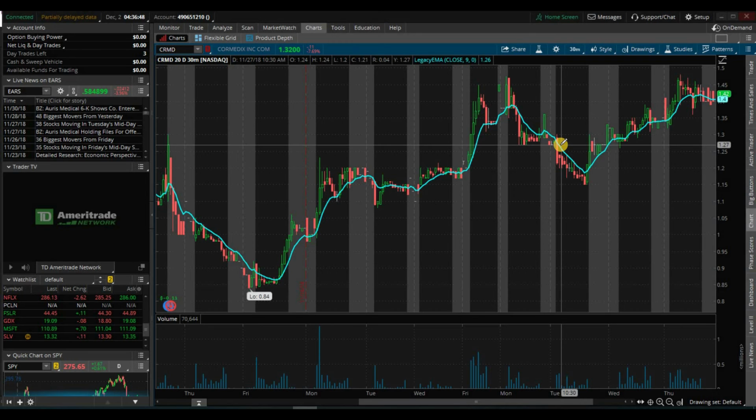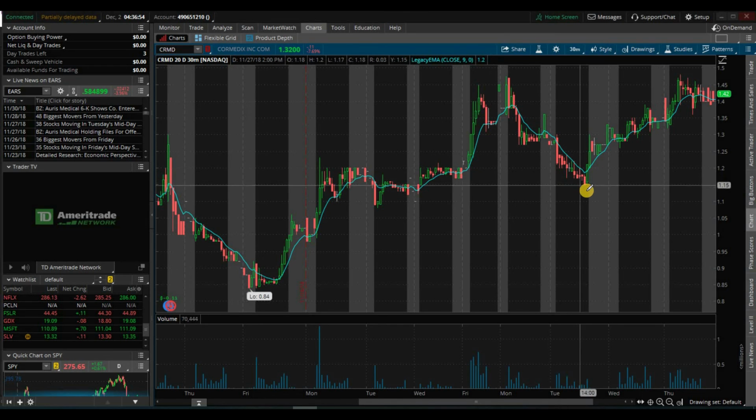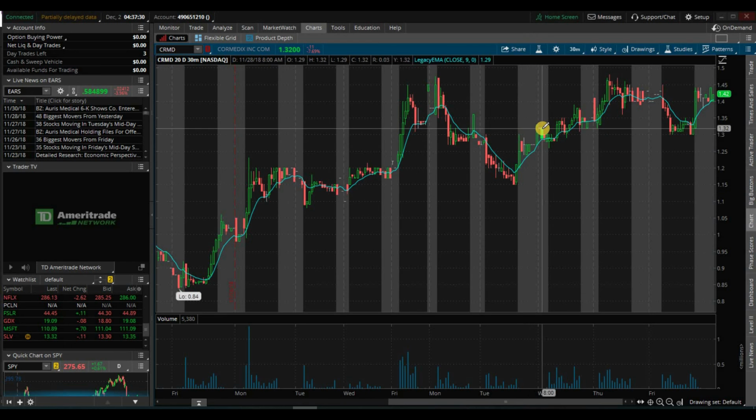So let's say you sold up here because it started dipping below the EMA line. Then the next day, as you can see, the trend continued. The stock kept forming below the EMA line and kept dipping down more. Then the stock price started building above the EMA line. So after you notice this happening for a short period of time, you can assume it's safe to buy and just hold as long as this trend continues. So if you bought in this area, let's say, as the stock keeps going up,